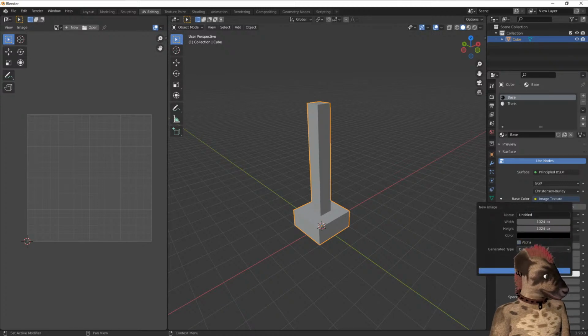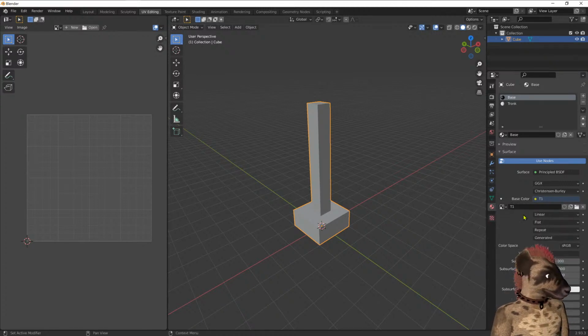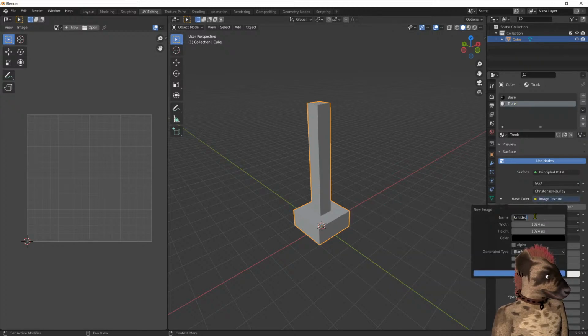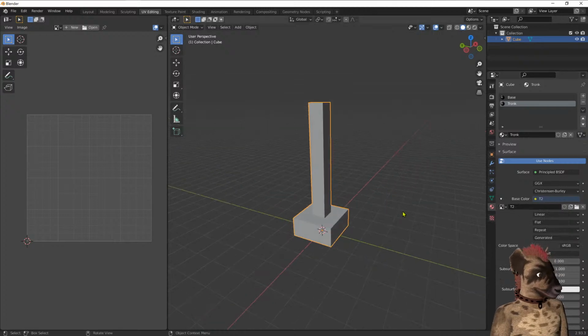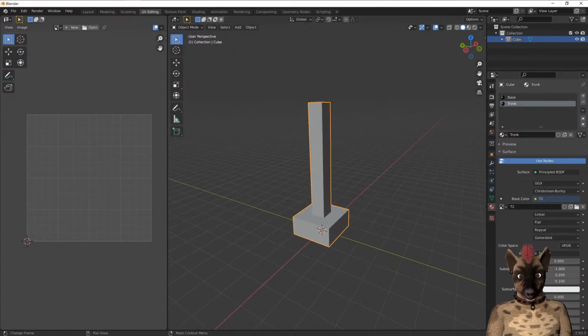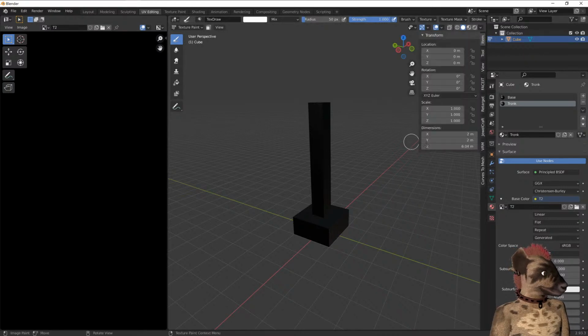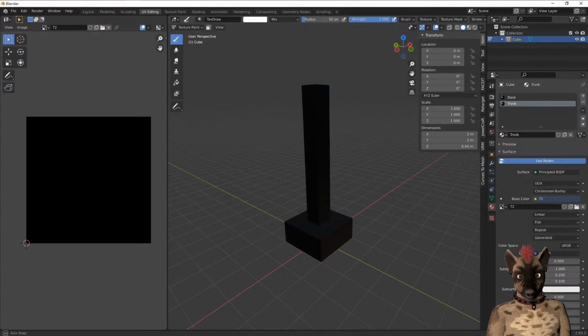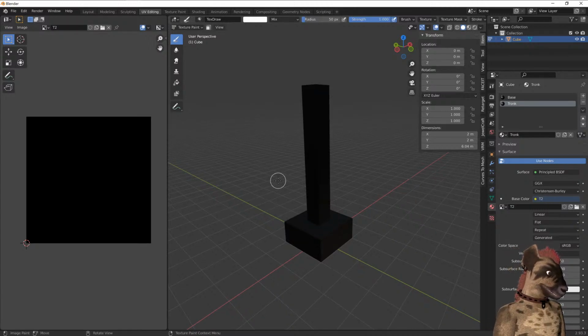New texture. Trunk. Image texture. Okay. So okay, let's paint it. Texture paint. I add a texture on each part, so they have two different textures. Because